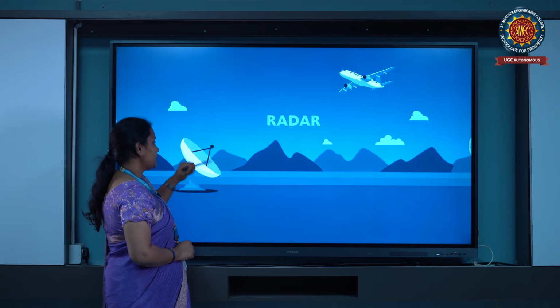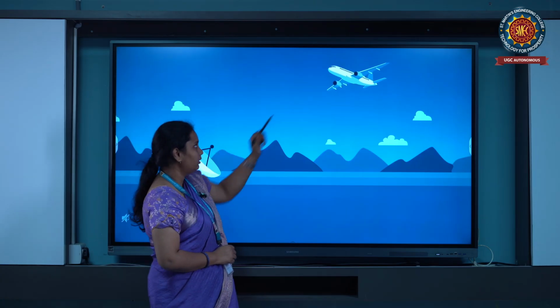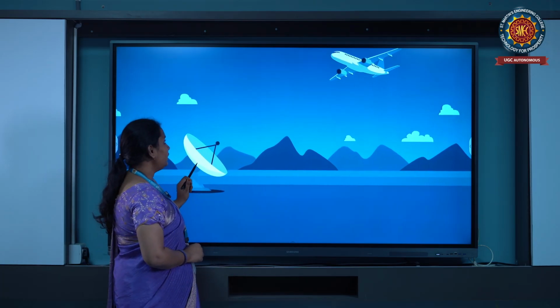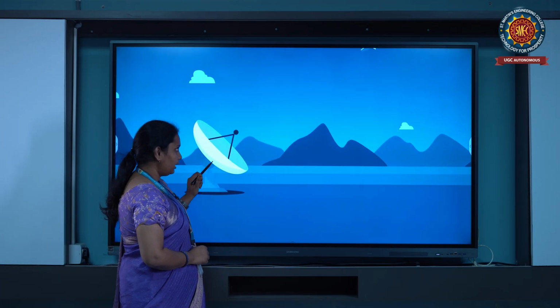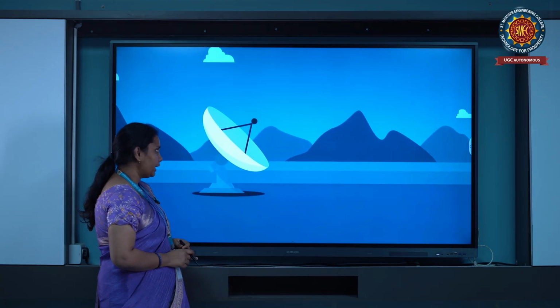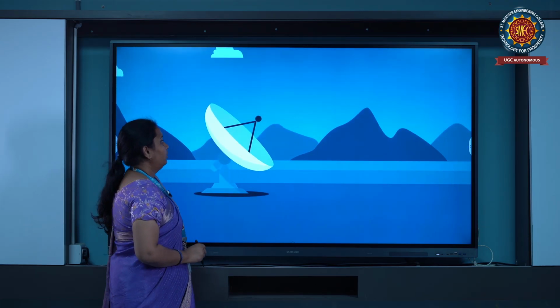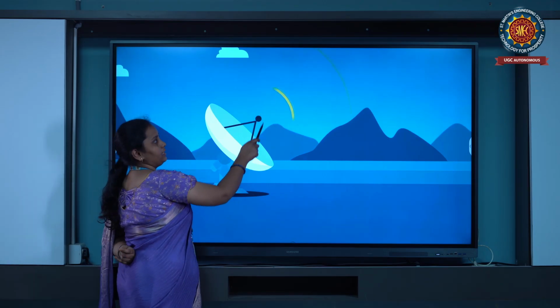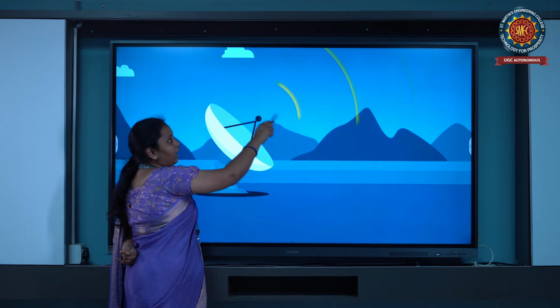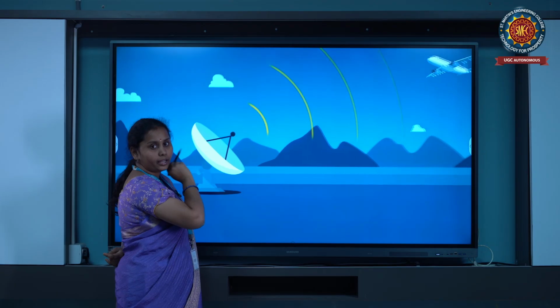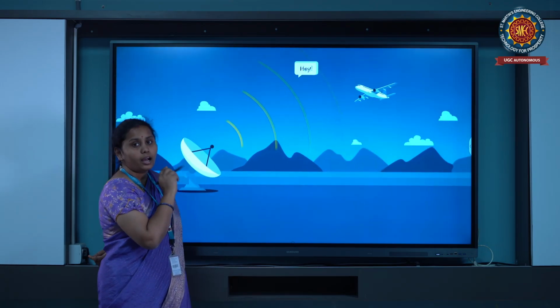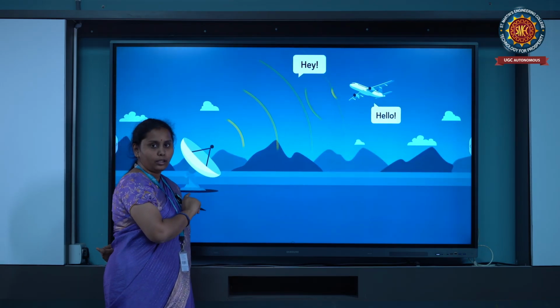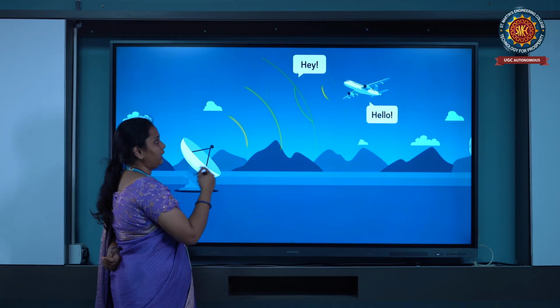So this is the antenna and this is the target. The antenna will send the signals to detect the target. Like this, we are sending the radio waves to detect the range, but here we are using high resolution radar because we need more range.